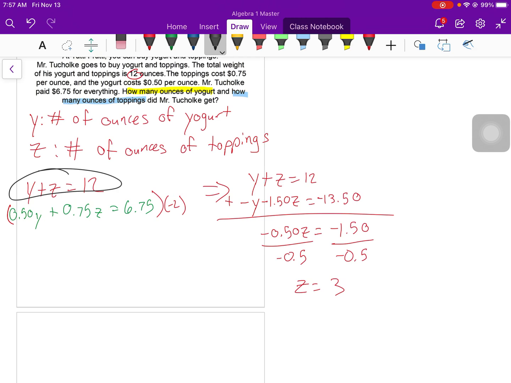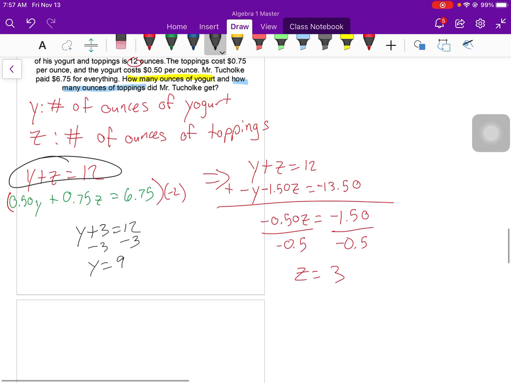You could plug it into that green one, but please don't. So I've got y plus 3 equals 12. So y is equal to 9. So I need a sentence. So Mr. T got 9 ounces of yogurt and 3 ounces